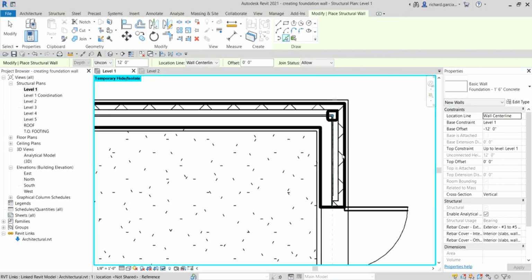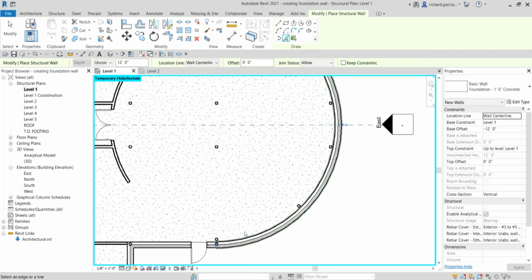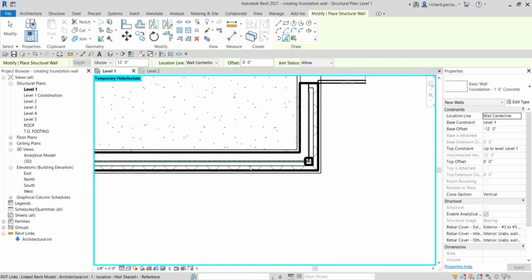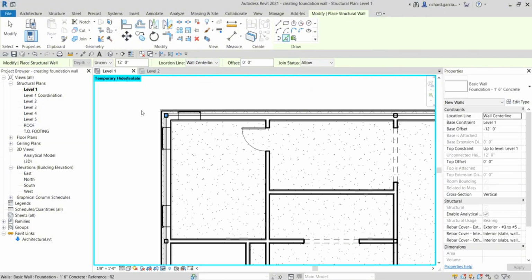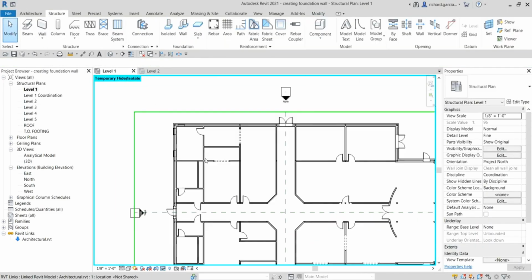So let me pick one here again. There you go. Click here. Okay, just click. Click. All right, and the last one, click. There you go. Okay, and then after that, select modify to terminate the tool, or just escape a couple of times, just like that. Okay, now if I go to the 3D view,